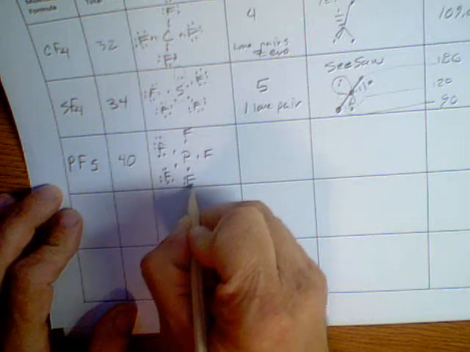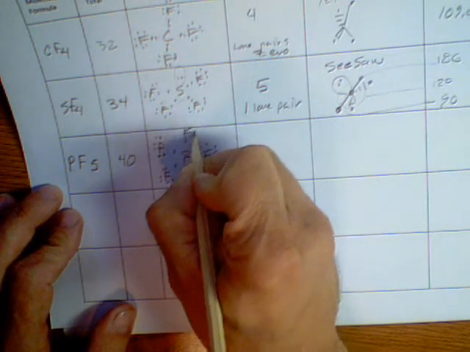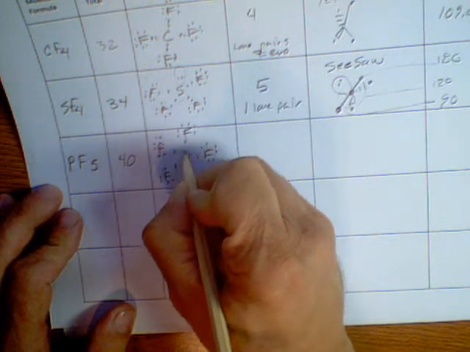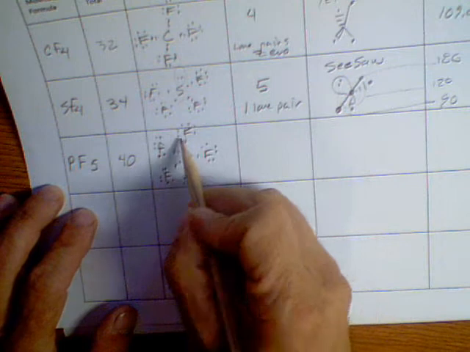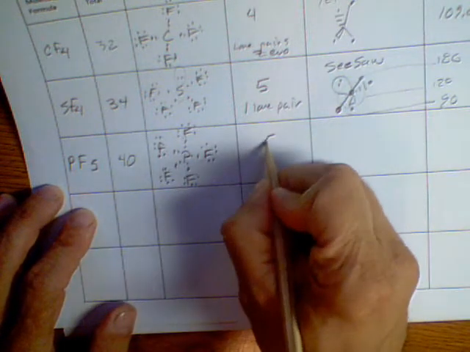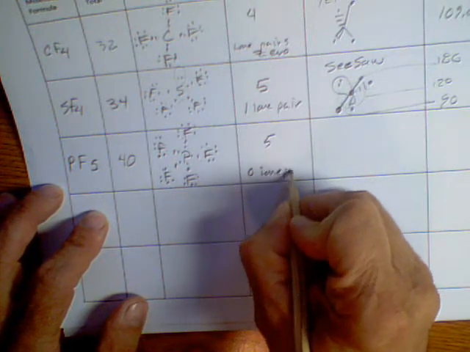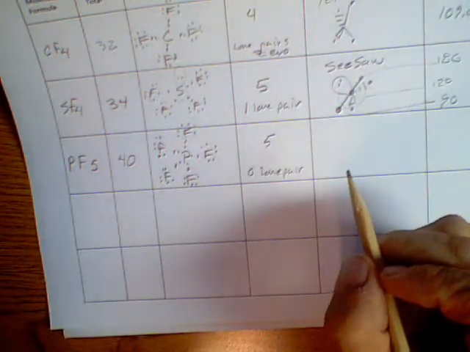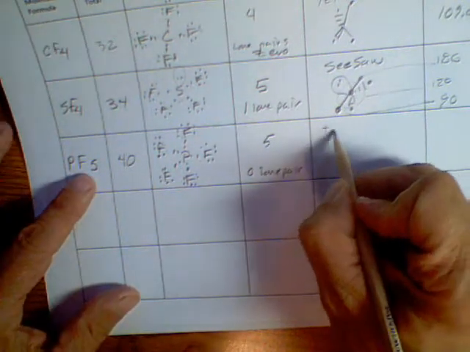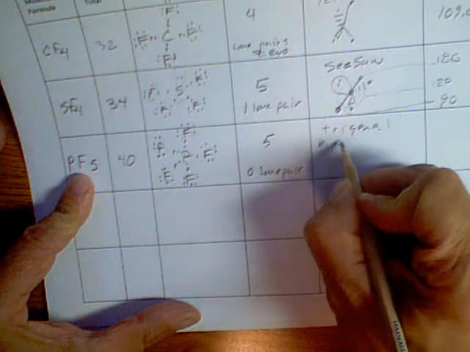Fluorines are all filled up, and they also are sharing these electrons here. And so we have 1, 2, 3, 4, 5, 0 lone pairs. And with 5 with 0 lone pairs, we look on our grid, we'll get a trigonal bipyramidal